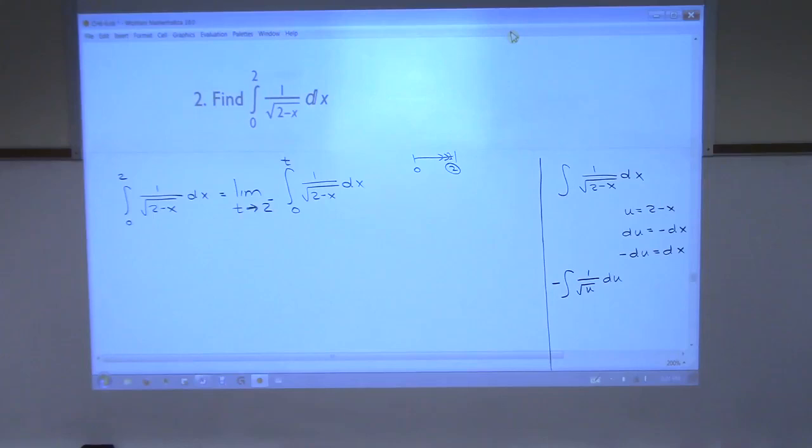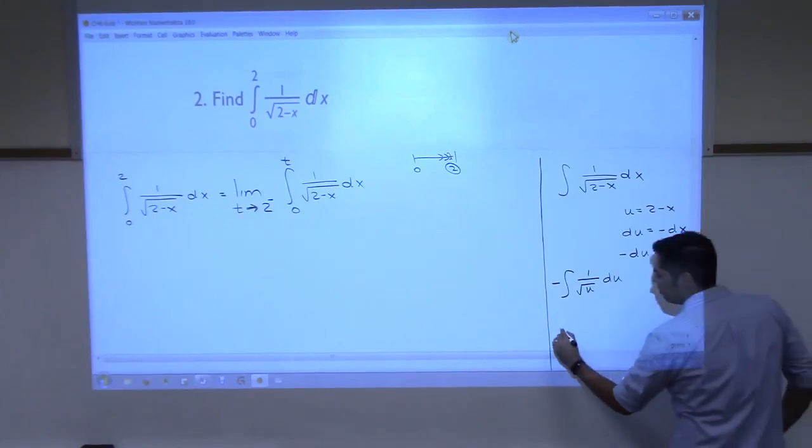Use u-substitution, just a basic u sub. u could be 2 minus x. du is negative dx. Let's move the negative to the other side. Negative du is dx, right? And then just rewrite the integral. That would become the integral of 1 over root u, and then dx is negative du. So how about we put a negative out here and put du like that? And that you could get, right? Given enough time, that's u to the negative 1/2 and do your power rule. I believe this does come out to be negative